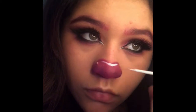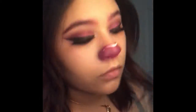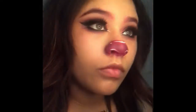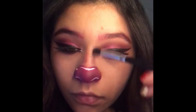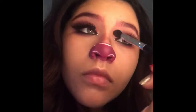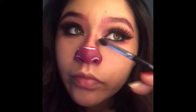So after doing that, I went in with the white NYX eyeliner that I used before, just to kind of cartoon it up. But on the look that I was recreating, on my nose, I didn't like how it only looked with one line. So I decided to go in and add some lines right where my nostrils were, just because I don't like my nose shape, and so I really wanted to change it, and it just felt like it